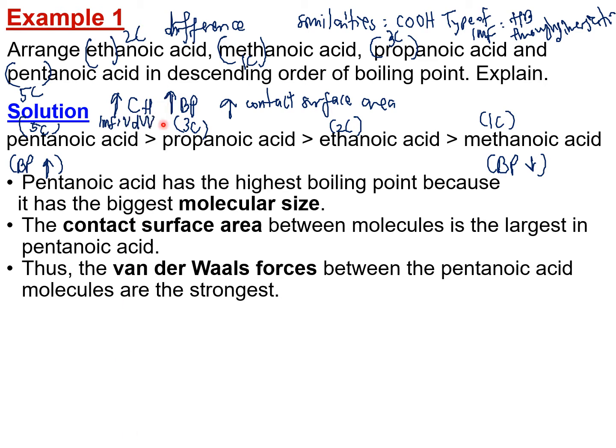Okay, so lagi banyak bilangan carbon atoms, lagi tinggi dia punya boiling points because dia punya contact surface area dia tinggi ataupun dia punya molecular size dia tinggi. Okay, molecular size dia besar sebabkan dia punya van der Waals forces pun akan jadi lagi stronger. Okay, so that's why pentanoic acid ni dia punya boiling point is the highest. Just because hydrocarbon C dengan H ni, dia punya intermolecular forces, van der Waals forces ni bertambah stronger. It's just because molecular size tu bertambah besar.